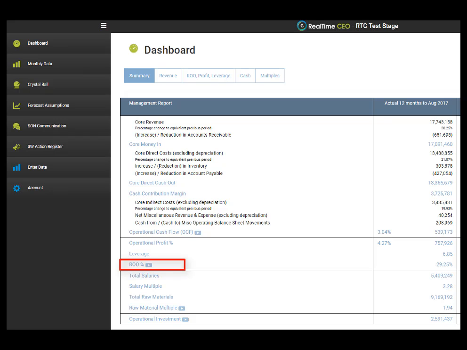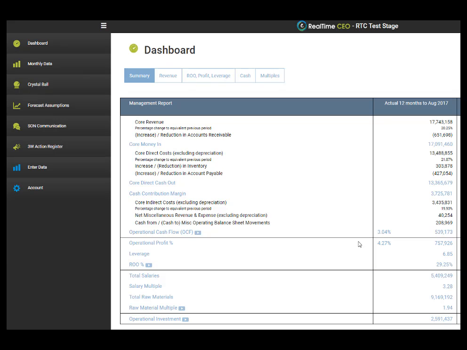Return on operations, or ROE, is the product of your operational profit percentage multiplied by your leverage. In this instance, the business is making 4.27 cents of profit per dollar of revenue, or has a profitability percentage of 4.27, and is generating $6.85 of revenue per dollar of invested capital. 4.27 times 6.85 is an ROE of